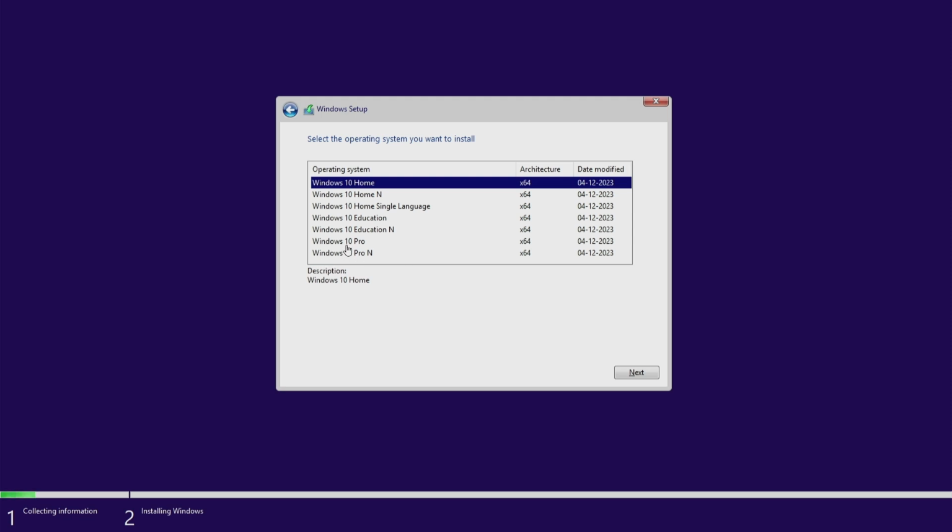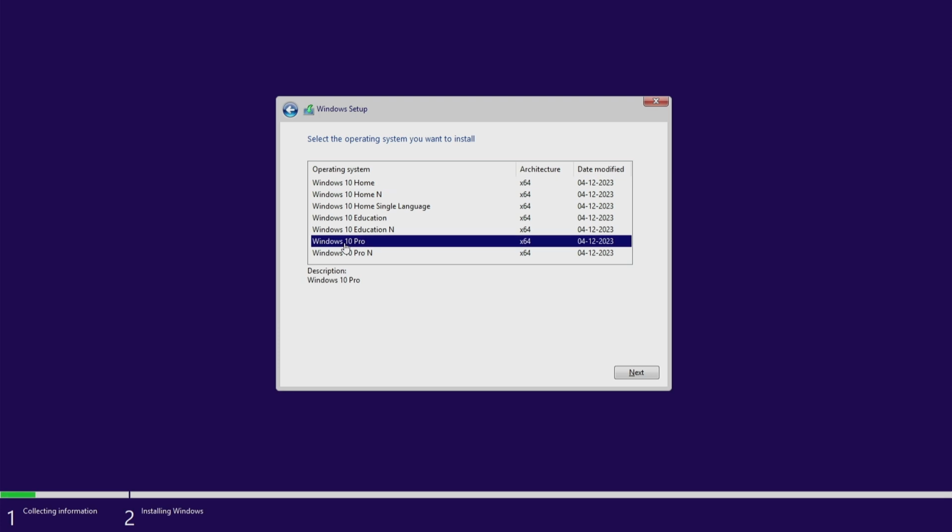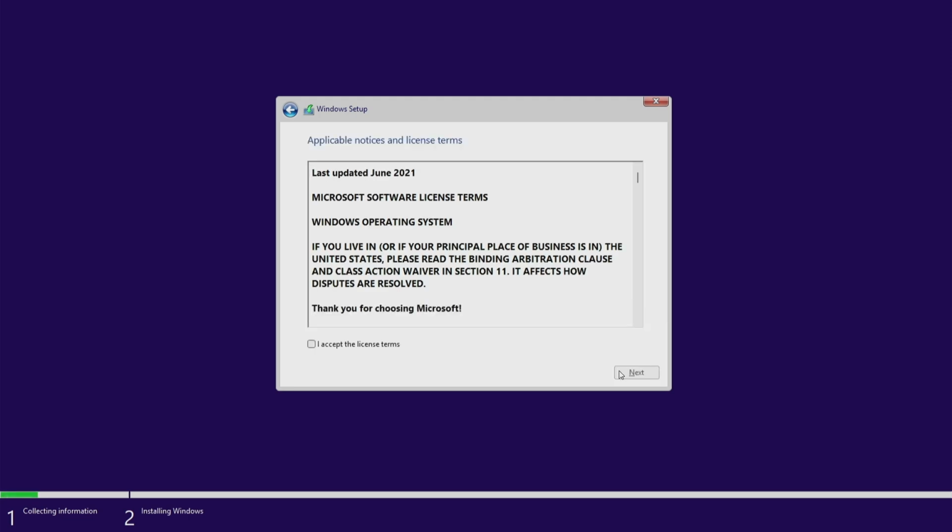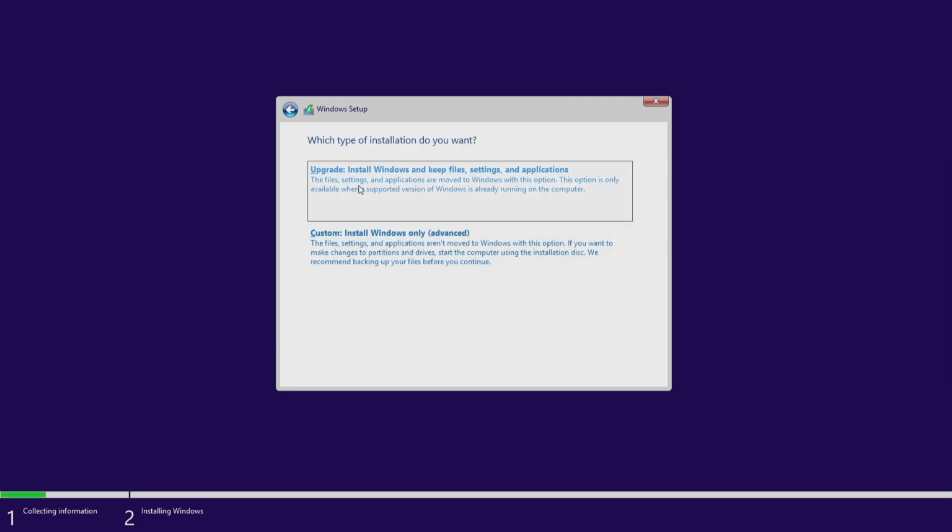From here you need to select Windows 10 Pro, because I was having the Windows 11 Pro version. Please make sure the same edition is selected, then click on next, and now accept the license terms and then click on next. From here select Install Windows only (advanced),